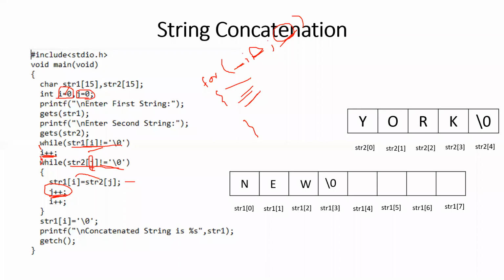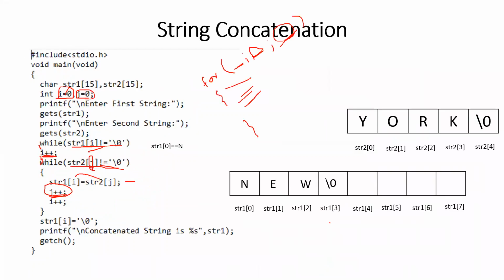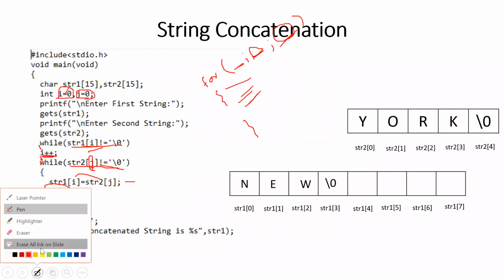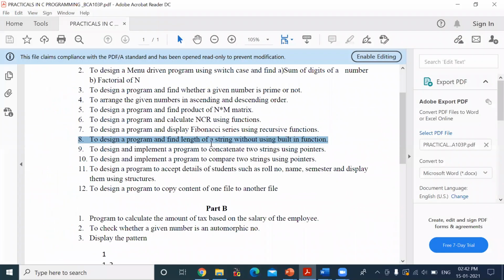And this program showed two types of concatenation. One example was where within the first string, we concatenate the second string. In the other example, on the previous slide, into a third string you concatenate both the first string and the second string. So both the examples you have to execute, and those who didn't execute have to execute today at least, because this is not a lab program, but the same thing you will have as a lab program.